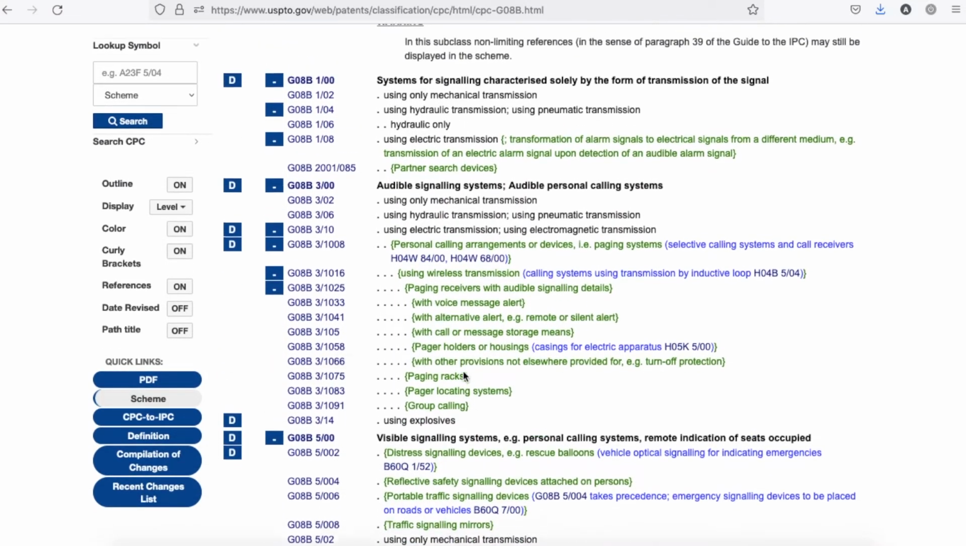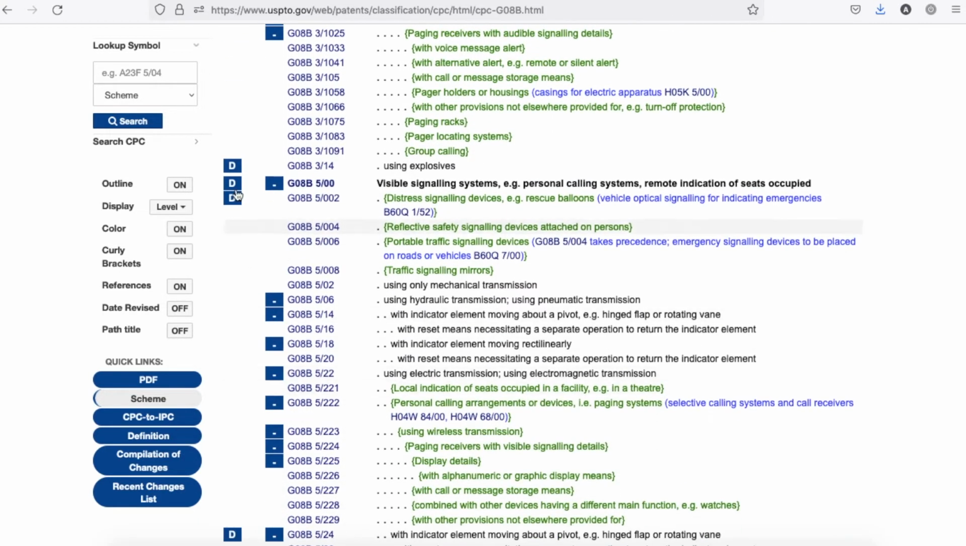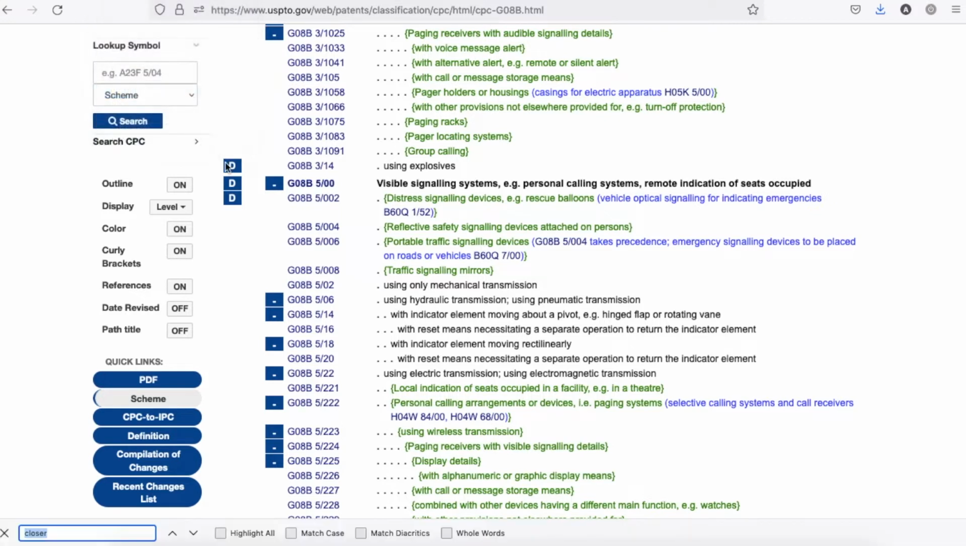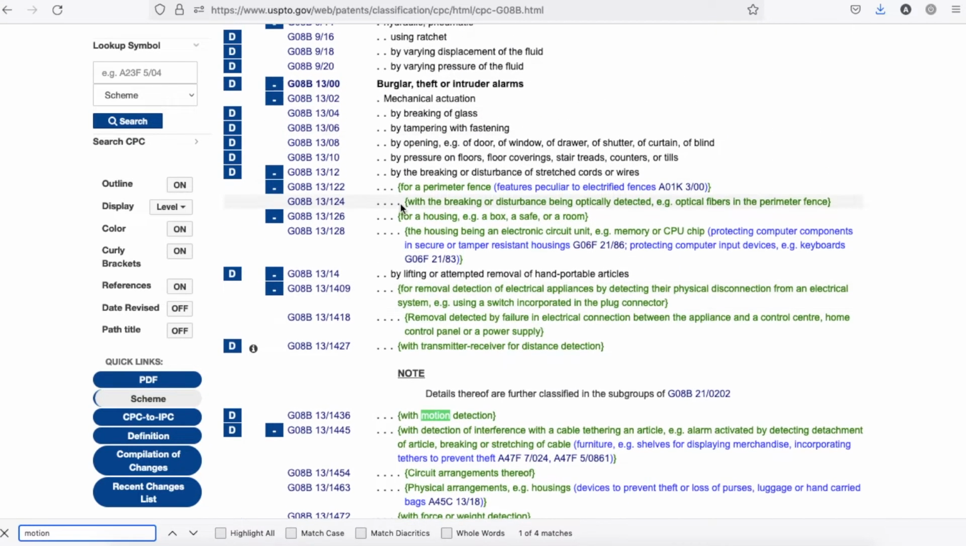And then the garage door sensor basically is a motion detection sensor. So what I did was find on this page motion detection, and here we have motion detection. And so here is the code. And so what you want to do in here, it's like burglary, theft, or intruder alarms. We're not talking about burglary, but for motion detection, when a burglar trips over,